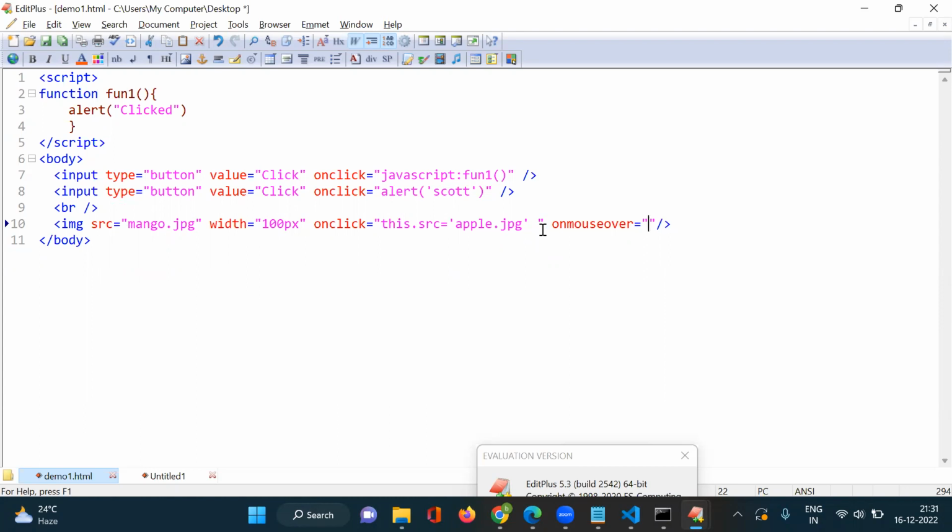onmouseover is equal to this.src is equal to orange.jpg. So this quotation I opened with double quotations, that's why the internal quotations are in single quotations. Okay. Save,